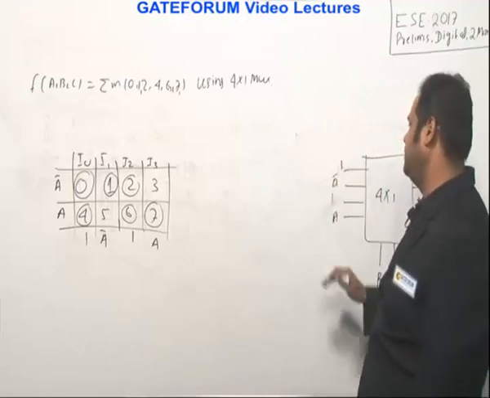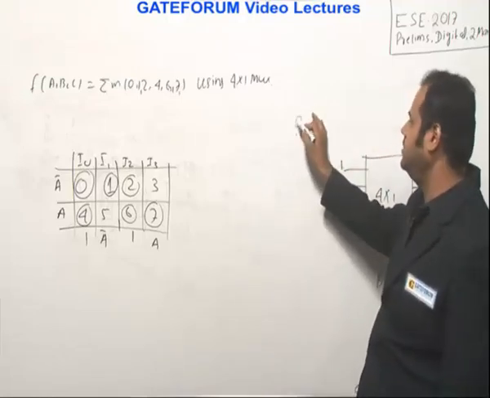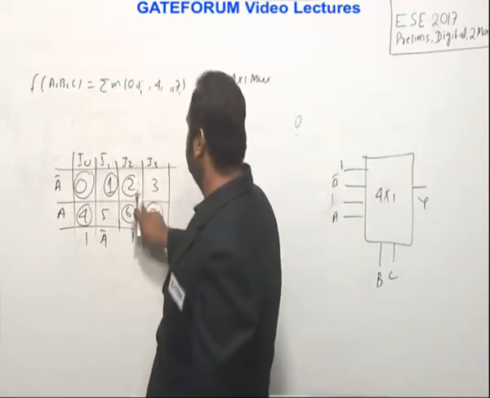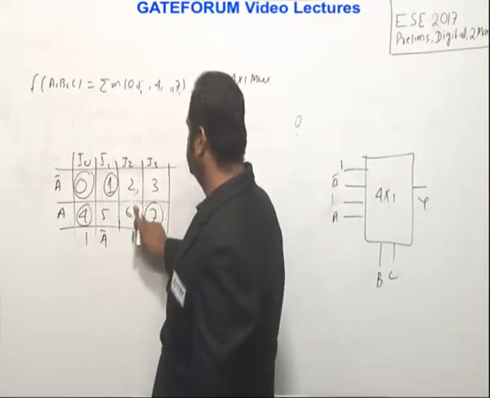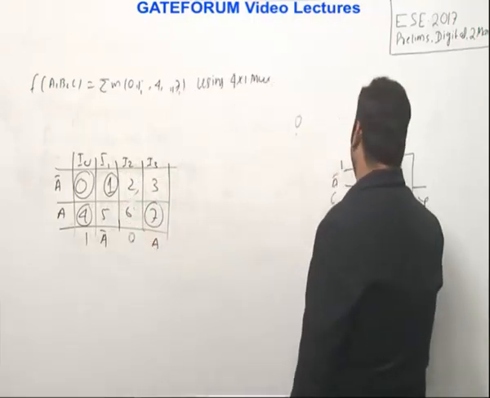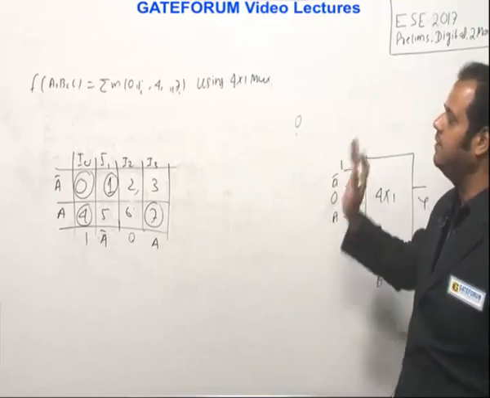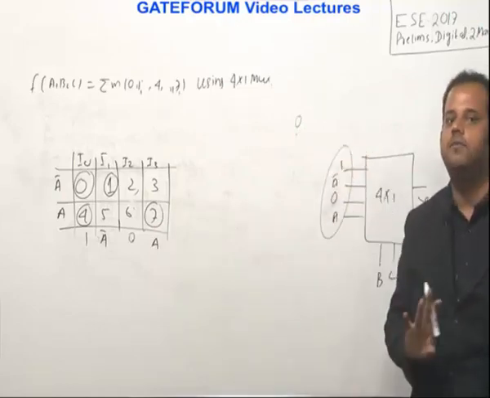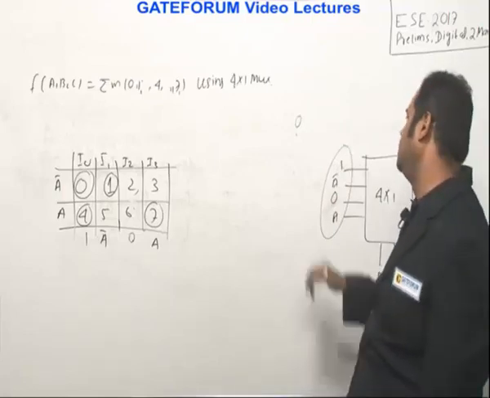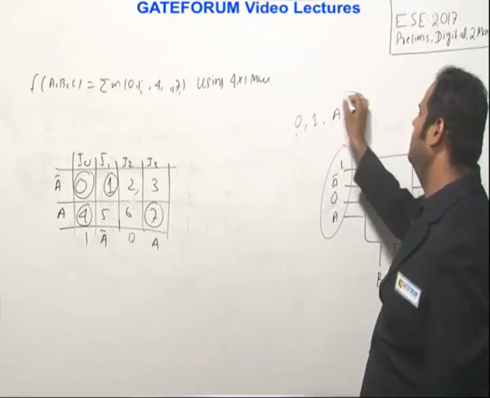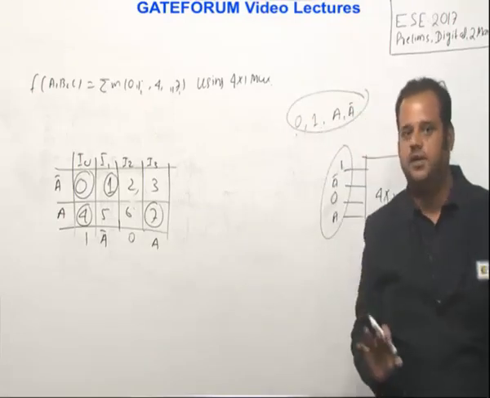There are 4 possibilities here that will appear. One of the possibility is 0. Suppose for example, if I am removing this 2 and 6 on this, then you will remove these circles and this, so it will be becoming 0. So in this case, I would have said it is becoming 0. What I want to tell is, whatever the min term you give here, on the input side of this multiplexer, there are only 4 possibilities. One of the possibility is 0, another possibility is 1, another possibility is A, another possibility is A bar. You will not have the 5th possibility.